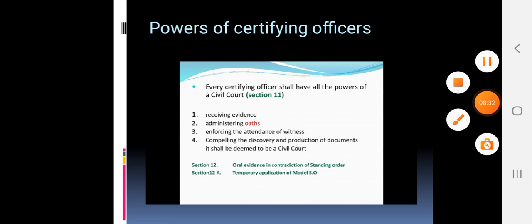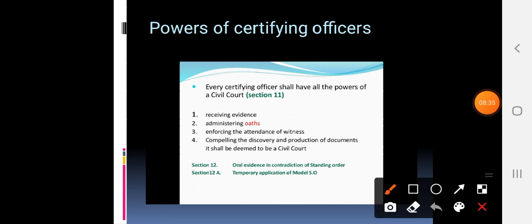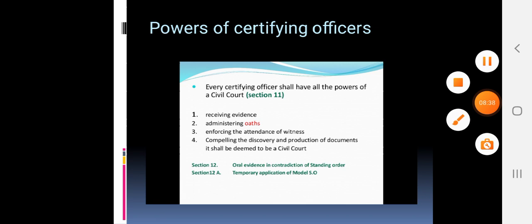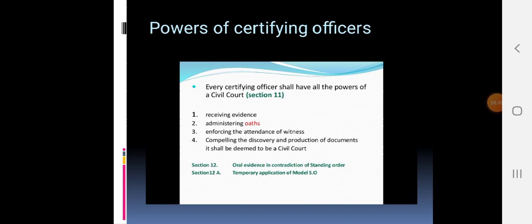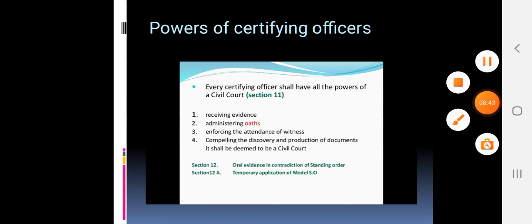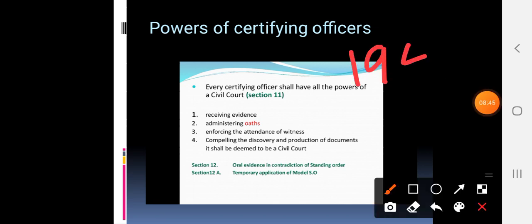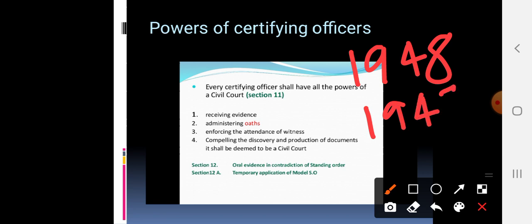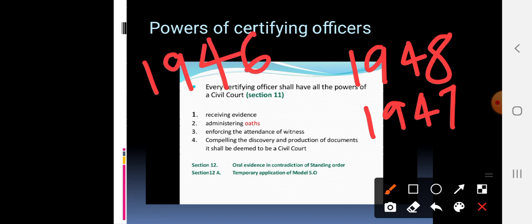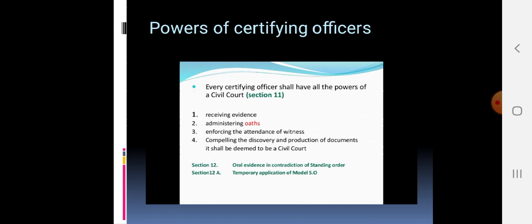In brief, from the initial part, we discussed the first act, the Factories Act, 1948. Then we discussed the second act, the Industrial Disputes Act, which I think was from 1947. And since yesterday we have been discussing the third act, the Industrial Employment (Standing Orders) Act, which was established in 1946. So please try to understand each act.